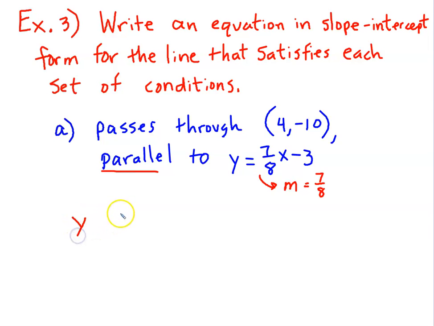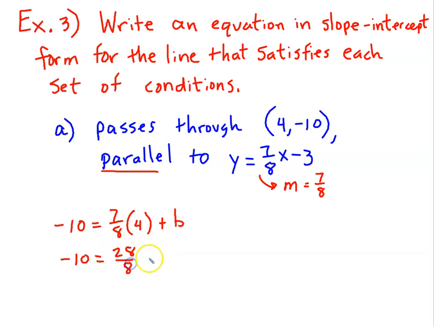So here we go. Y equals mx plus b. We'll just go ahead and plug in. In this case, y is going to be -10. Slope is 7/8. X is 4. And we're going to solve for b. -10 equals 28/8 plus b. I can reduce 28/8 because 4 goes into both. 7/2